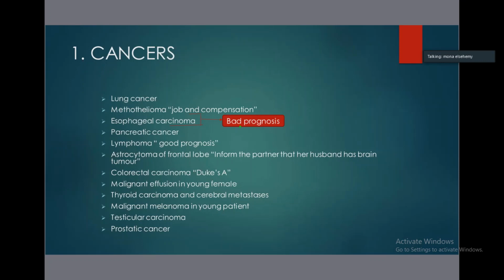It is important to ask your patient how much they want to know about their condition, because people differ in their reaction to stress or to bad events, bad news. And people differ in the extent to which they want to know about their conditions. So this shows the examiner that you appreciate different kinds of personality. Those who want to know everything about their condition, or just want to know how they are going to proceed, what is the next step only. They don't want to bother themselves with a lot of information.